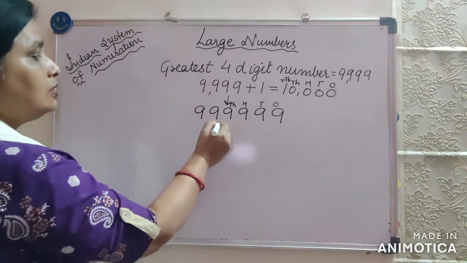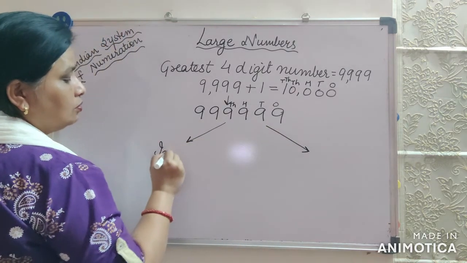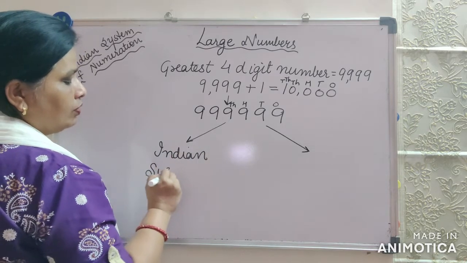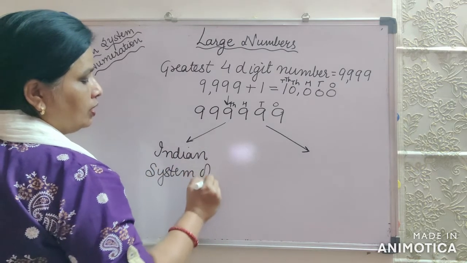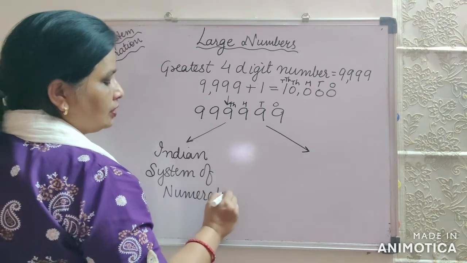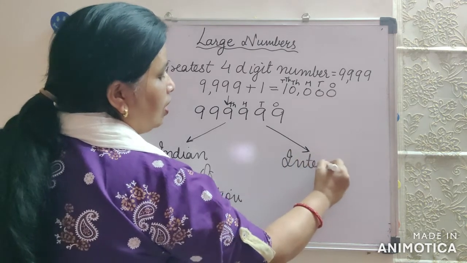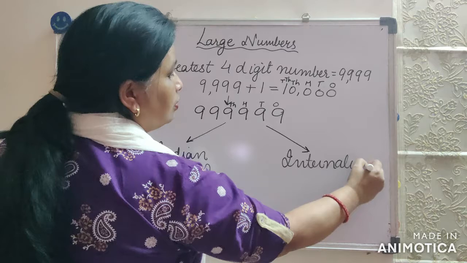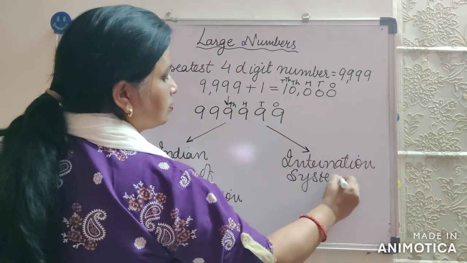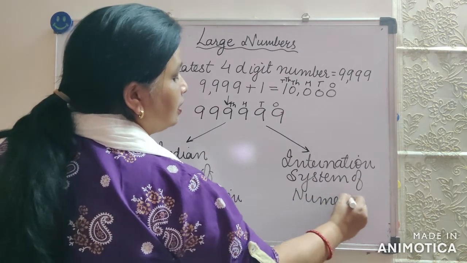The first method is the Indian number system, or you can say the Indian system of numeration, and the second method is the international system of numeration, right? Now children, the main thing is that